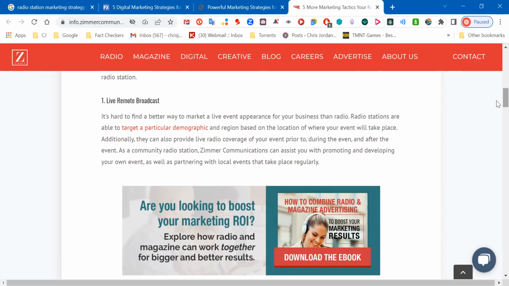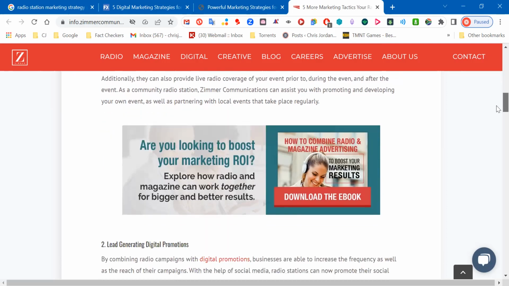If the station doesn't have exactly the resources, they would have to, let's say, hire an OB truck or be able to hire extra equipment. Or if they're not too sure how to run an outside broadcast professionally, and it's quite an impactful one, with a couple of thousands of people there depending on what it is, it would be wise to partner up and spend a little bit of money to make sure that this actually happens, right?